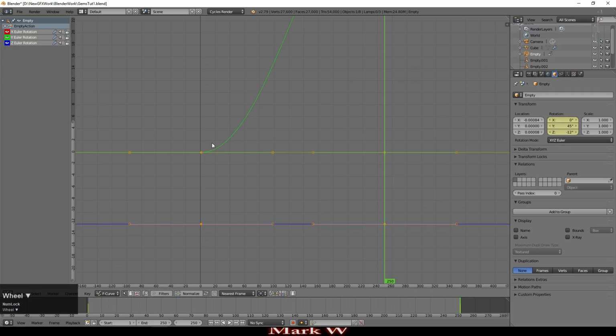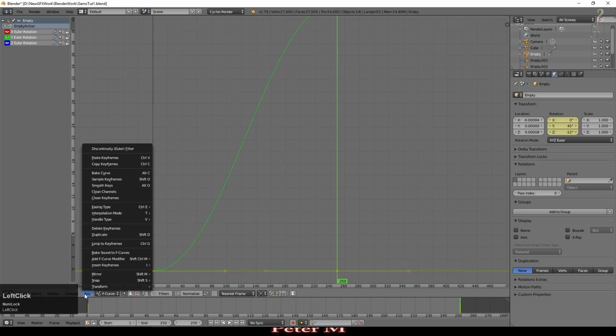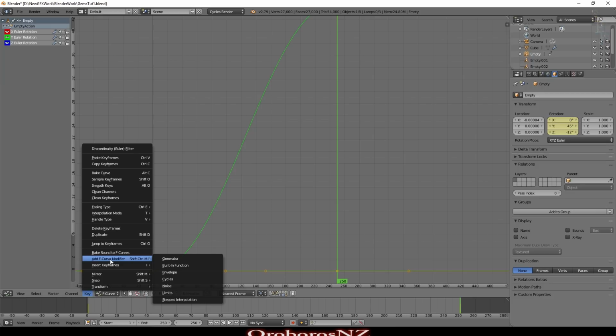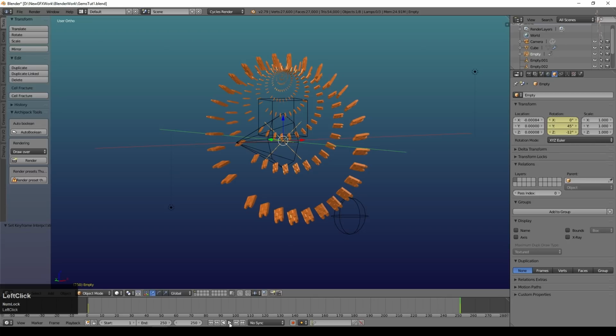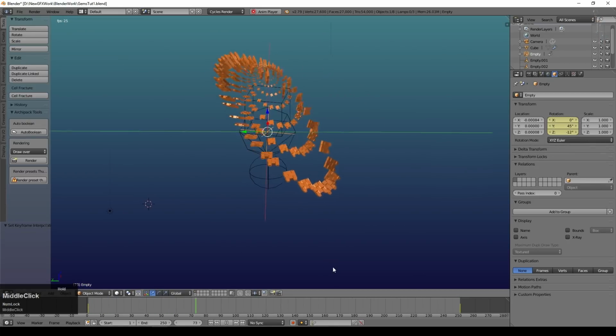If you have a look at the curve on that rotation, it starts slow, speeds up, and then slows down again as it gets to where it wants to go. In this case, I wanted it to be linear so that I could, if I wanted to, link these animations together. There wouldn't be any variations in speed. So if we press play now, you can see we're getting some interesting effects there.